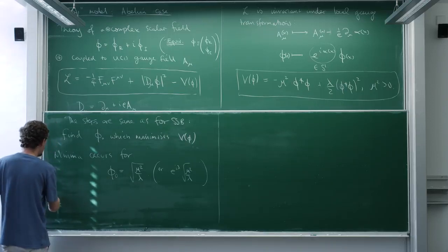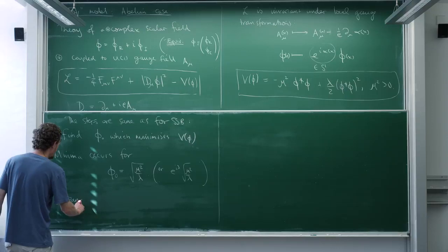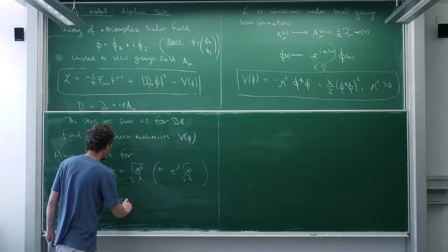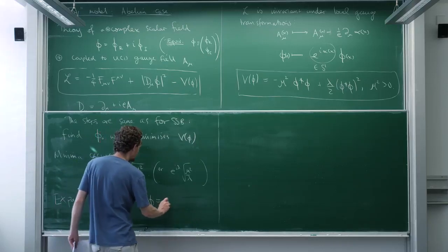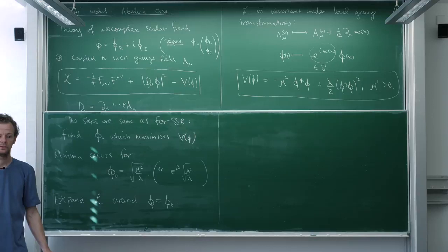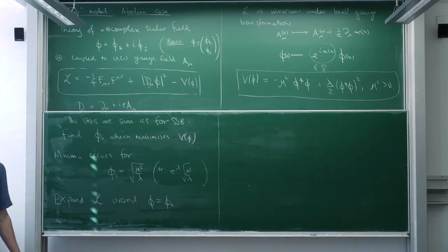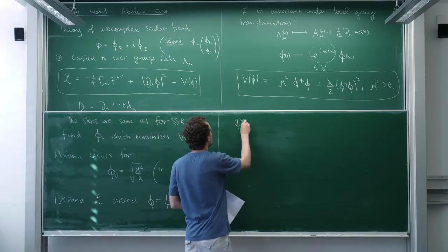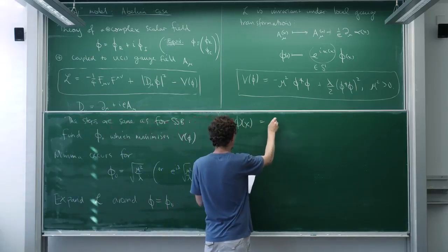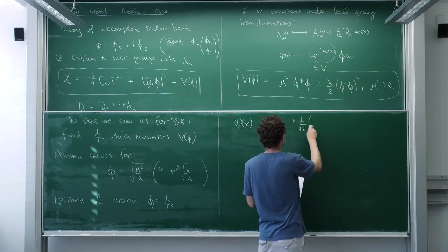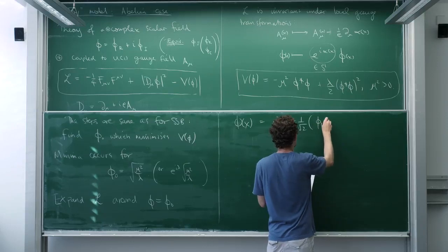And then the next step is the really interesting one. We're going to expand L around phi equals phi naught, and we're going to study what's going to happen to a small fluctuation around this steady state solution to these equations of motion. So let's do precisely that. There's our classical solution, and we've got some fluctuations here.